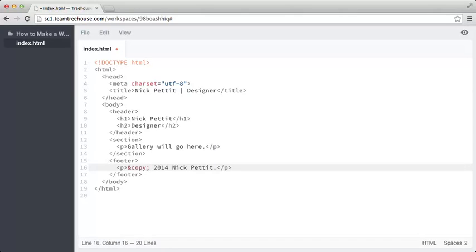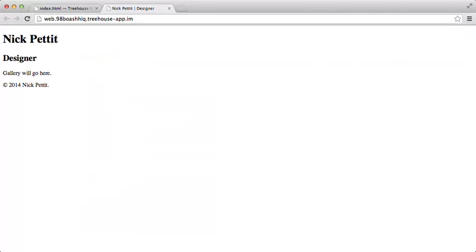Now, let's save our web page, and we're going to preview it. However, before we open the preview window, I want you to try and visualize what you think the page will look like. Now, let's open it up. Does the page look like what you were expecting? Right now, it's pretty underwhelming. It's just a white background and some black text, and only the most basic default styling that's been applied automatically